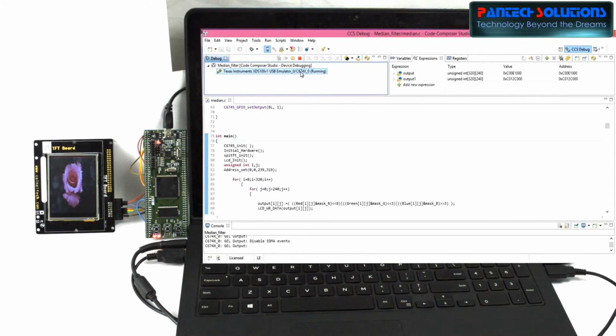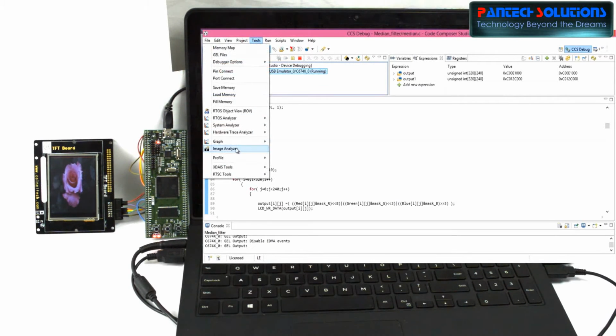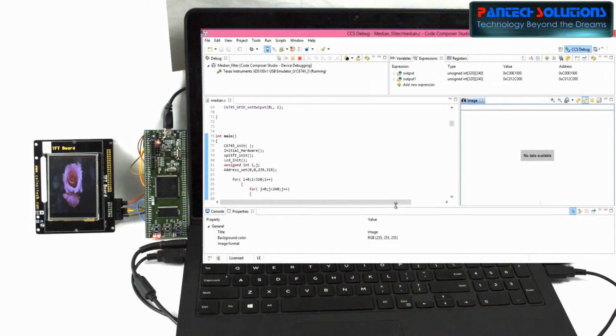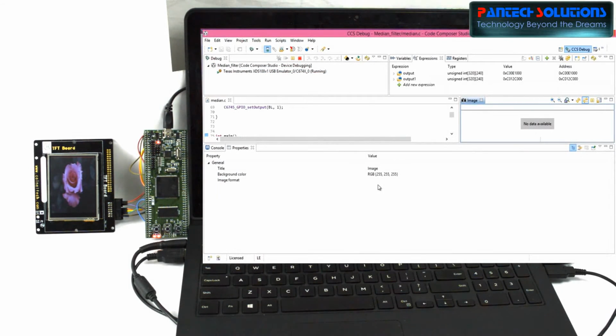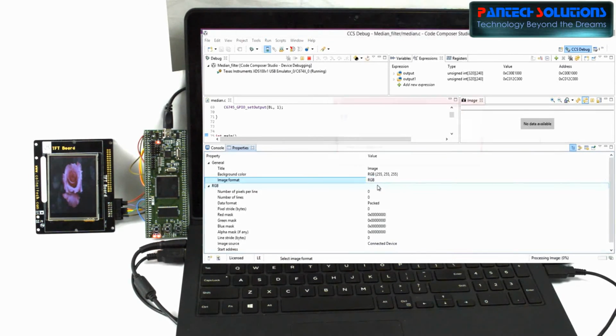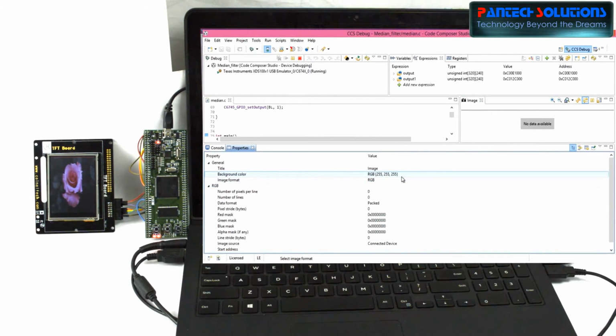The same input and output you can see in the CCS tool by using the image analyzer. First of all, we have to set some parameters to display your input as well as your output. So first we have to choose RGB because here we have used a color image.